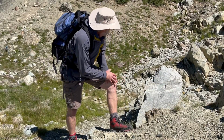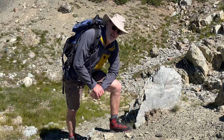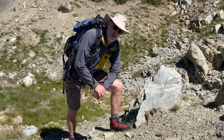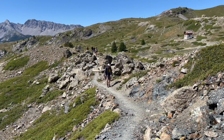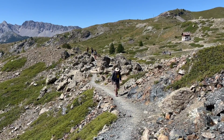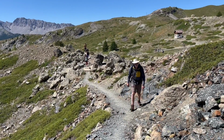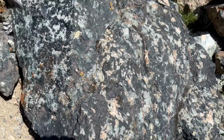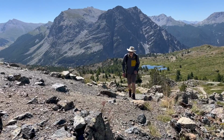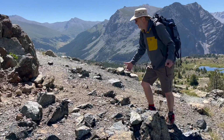So let's continue up the trail now. It's going to get quite busy because it's a popular trail. Let's see what we find as we go on up. Lots and lots of serpentinite here. It's really quite nice textures in some of these blocks. So, up through the serpentinite, but here,